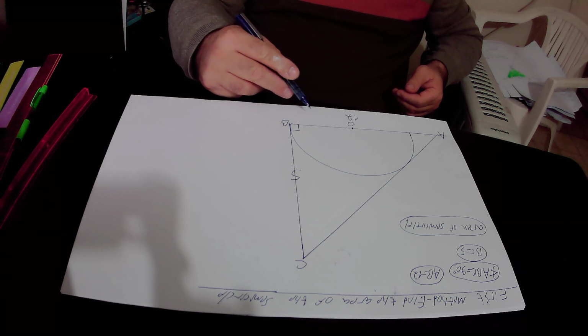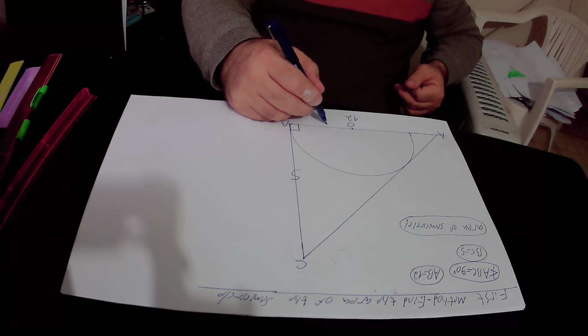Therefore, OB is the radius of this semicircle, so we will define the radius of the semicircle as R. Therefore, AB will be equal to R,